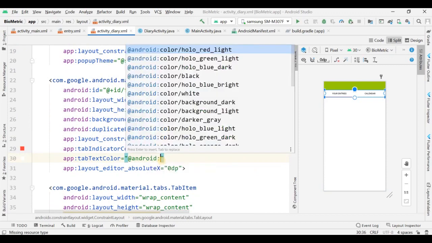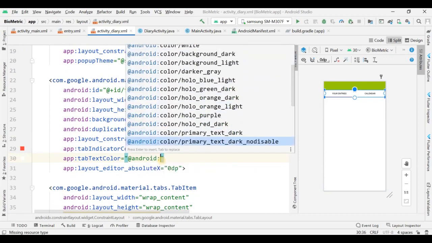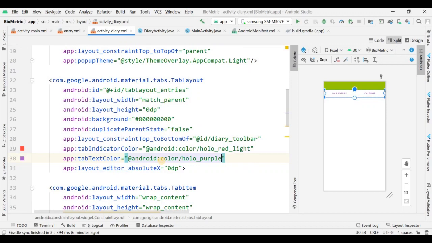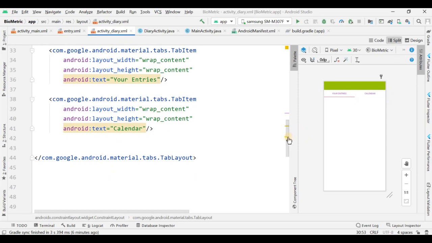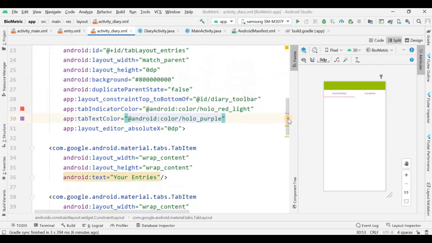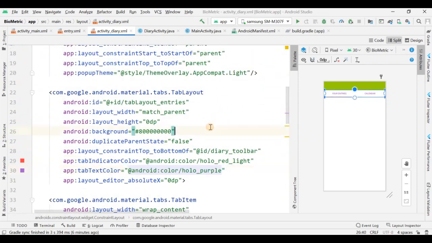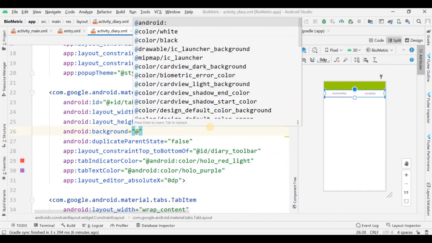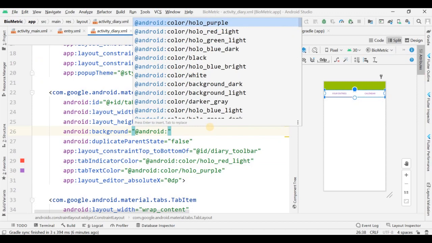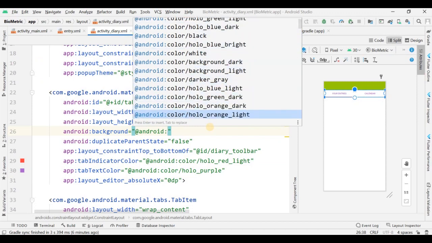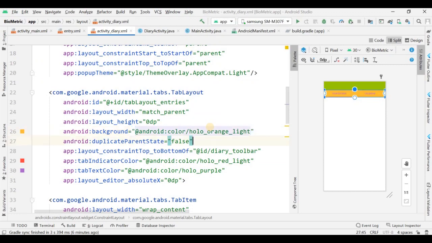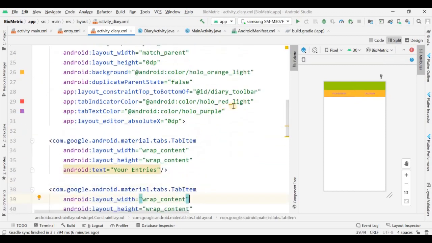So let me change the color. Now you can see that both options are there, and if you click on your entries, you will be able to see the entries, and in the second part you will be able to see the calendar. Okay, so now let me add the background,